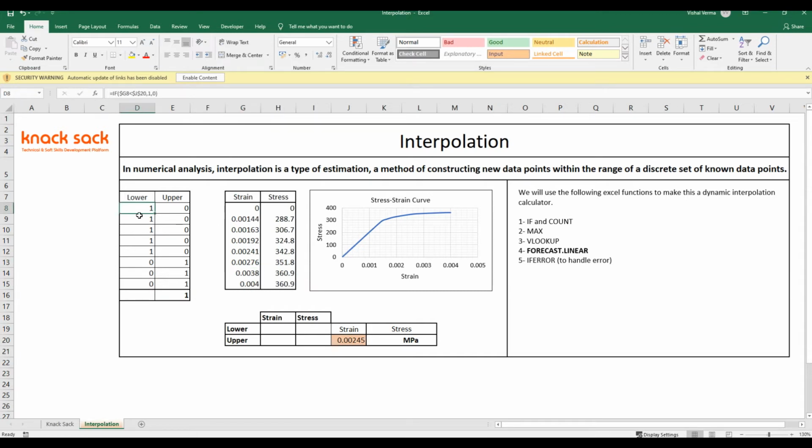But in this scenario, if we find the maximum value of this and I'm getting 1, the moment I use VLOOKUP in this column to get the corresponding strain and stress value, by default it will pick the first occurrence, so it will return the first strain and stress value, which is not correct in our case.